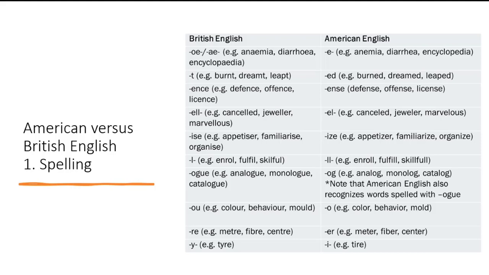Now, what is important is consistency. You cannot switch between the American and the British. To help you, if you type your assignment, just go on your Word document and ensure that your language is either South African English or British English, right? Most often Word will automatically choose the American English. So you have to go to your settings and ensure that it's British. If you do not do that, it's going to highlight all the British spellings in red, meaning it's wrong, which is not wrong because it's the American standard. So it's important that you check your